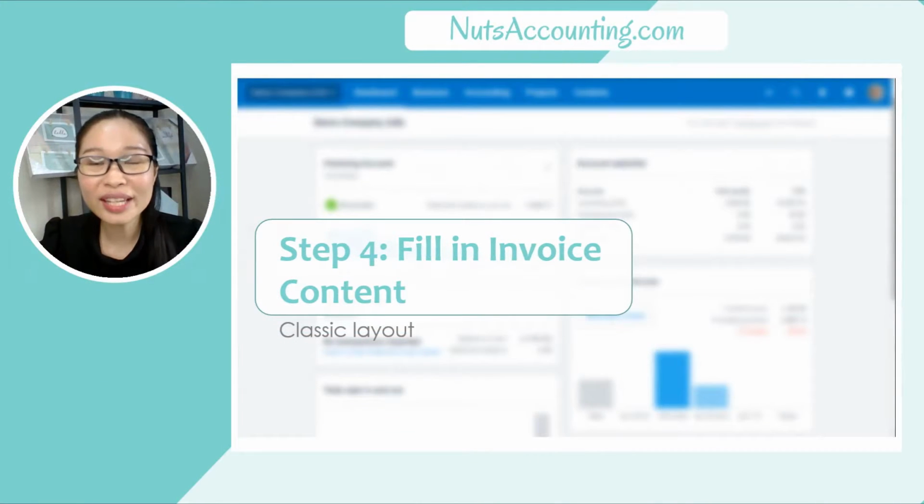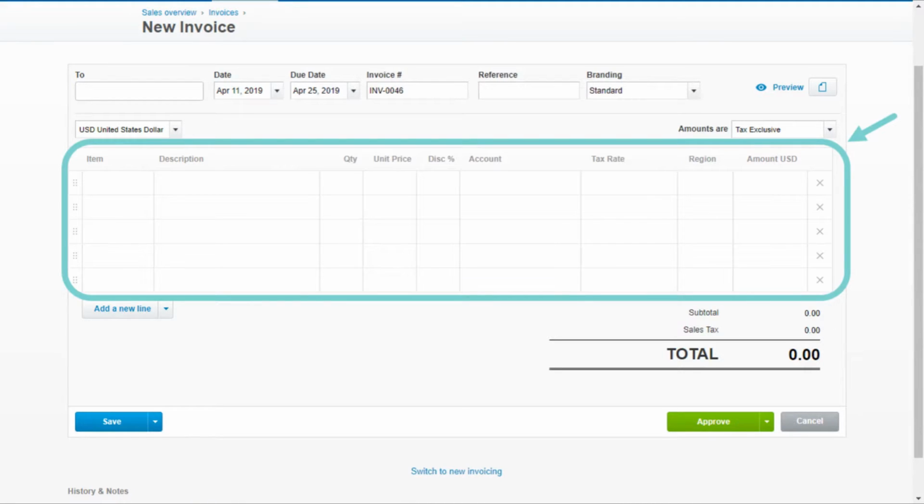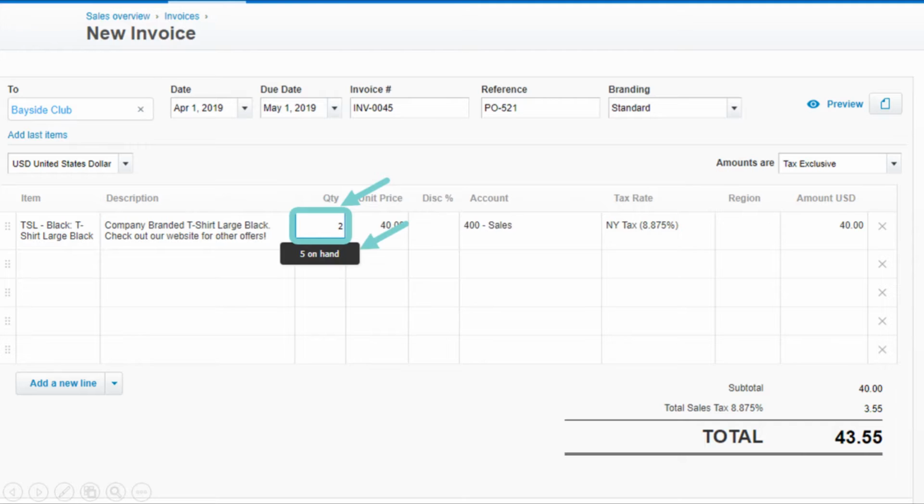Step 4. Fill in invoice content. So in step 4, this is the exciting part of all. This is the most important part of all, I would say. You will need to fill in all the information here in the details of all the items that you are selling to your customer. So I'm going to choose the items that I'm going to sell to my customer, the one that they have included in their PO, and then I'm going to choose the quantity that I am selling